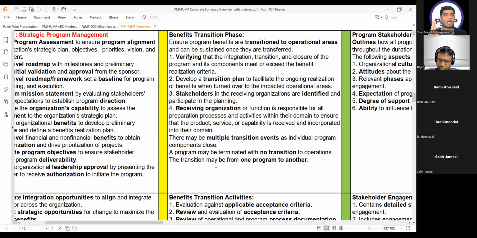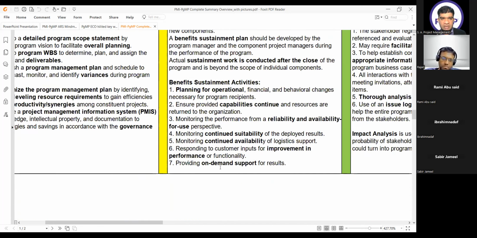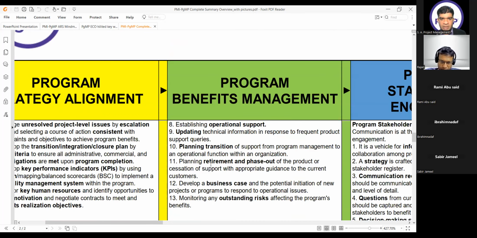It's a very important concept. When he talks to you about the risk, if he is talking about the component level risk, it means first you have to go to the program level risk register and then go to the next step. If we are able to analyze and determine which step he is talking about, to me half the paper is over. And the last thing I would like to say here, Sabir sir, please read